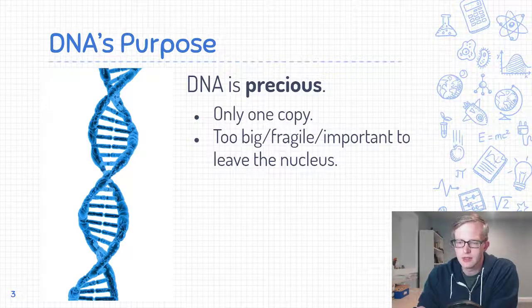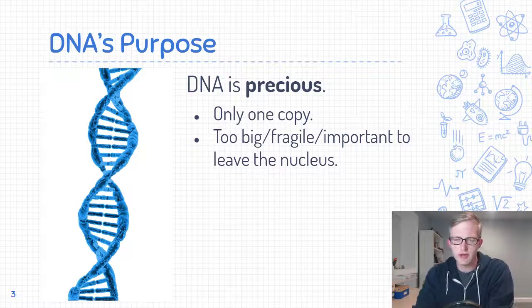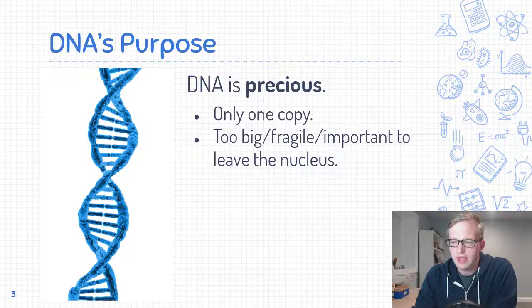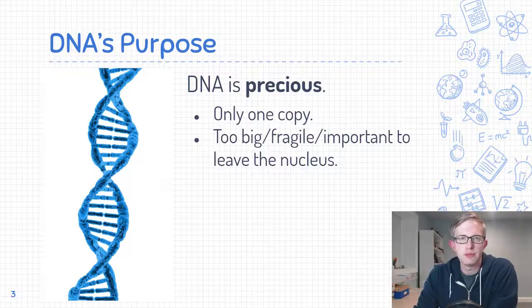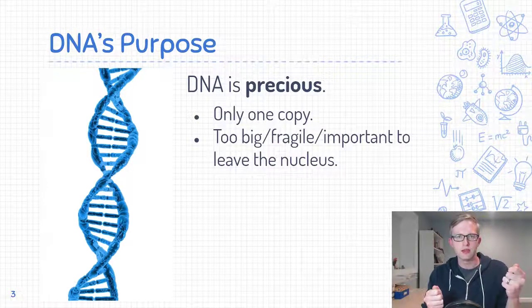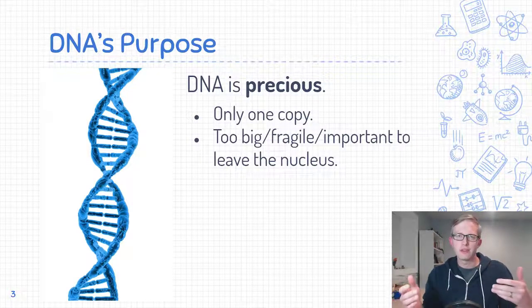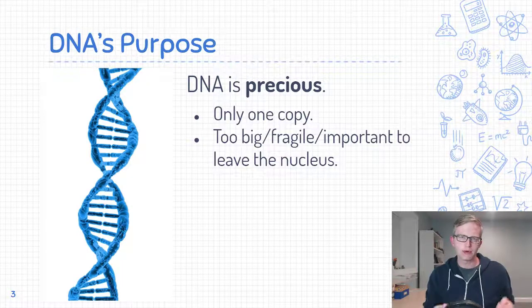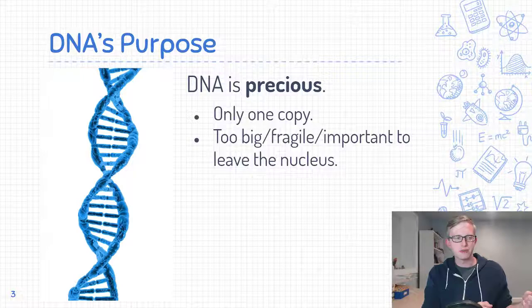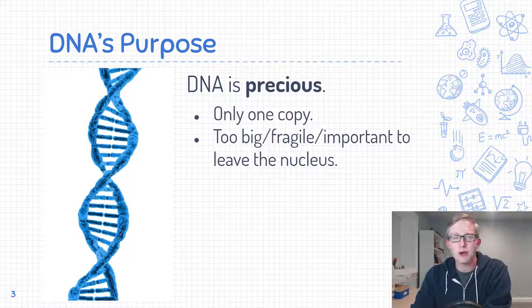Imagine if you had a single sheet that was the instructions on how to do some important task. And it's a task that you needed to be able to tell lots of people how to do. You wouldn't take that single copy and just hand it to a person and be like, hey, follow these instructions, and then send me the instructions back because they're super important and I only have one copy. Right? The idea being that if you have something that is super, super precious and super important and you only have one copy, you don't really want to give that away. You might trust your friend to give it back to you, but if they don't, then you're really going to be out of luck. And that's the problem with DNA.